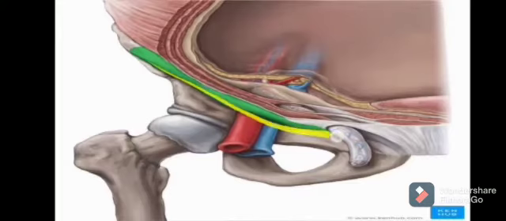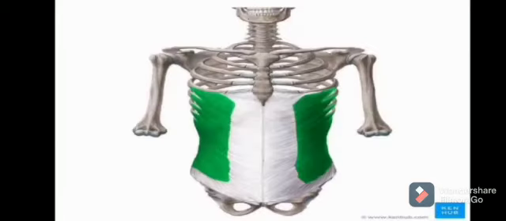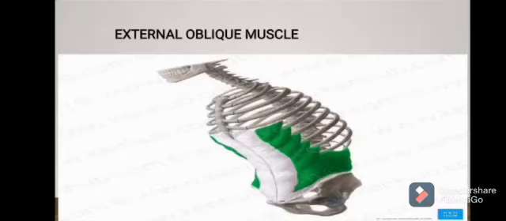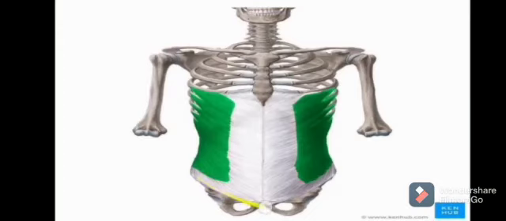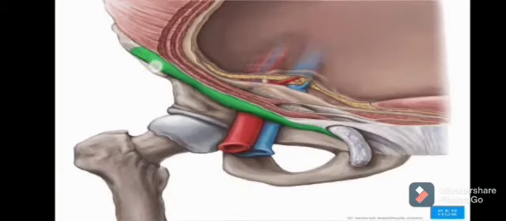So here is the inguinal ligament and how this ligament is formed. If I go back to the previous slide, the aponeurosis of the external oblique muscle is thickened in this part between the anterior superior iliac spine and pubic tubercle. This aponeurotic part thickens to form the inguinal ligament. You can see beneath this muscle, this ligament is basically just the thickened part of the aponeurosis of external oblique muscle and nothing else.